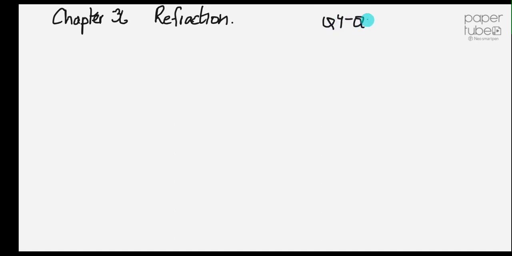So today what I want to look at is chapter 36. This is more or less about refraction, and remember, refraction is the bending of light. And why does it bend? It bends because there's a change in speed or a change in velocity, depends how upmarket you want to be. I'm going to do questions 9 to 12, and this is on page